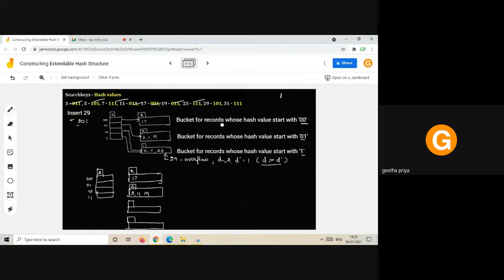But when more and more records are getting inserted and overflow occurs, I could not determine the bucket with the starting 1 bit alone, the higher order 1 bit alone. So with 1, you have to add one more bit for determination. That is, it can be 10 or it can be 11. Okay, so that is what we are going to do now. So the local depth is increased. Okay, and now we'll designate the buckets.